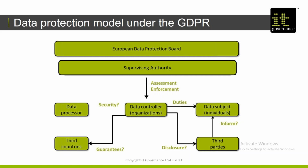So let's take a minute to understand what GDPR has outlined in terms of the structure and framework approach to data governance. What you'll see here on the screen, at the top of all this, overseeing the entire thing, is the European Data Protection Board. That's the high-level group that is ensuring consistent application of the law among all of the various supervisory authorities that